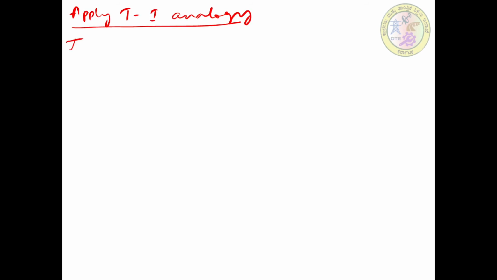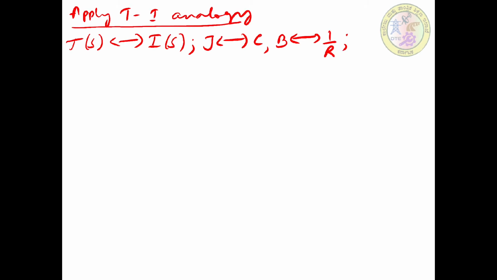In the torque current analogy, whatever T of s is there will be replaced by the current source I of s, and J will be replaced by C. Then whatever the B element is there, it will be replaced by 1 by R. And next, spring will be replaced by 1 by L. Okay.